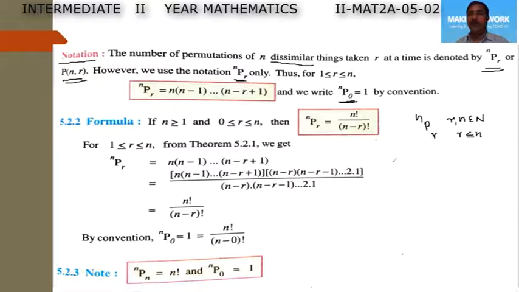First let us see how we got this value. Now, the number of ways of arranging r elements from the given n different elements